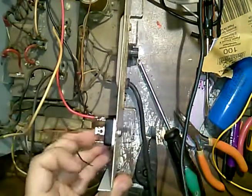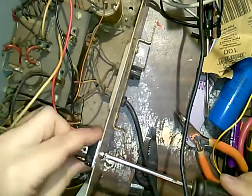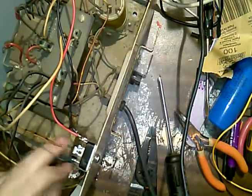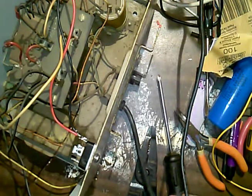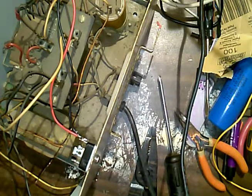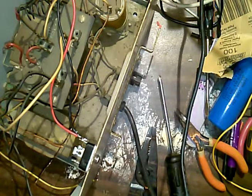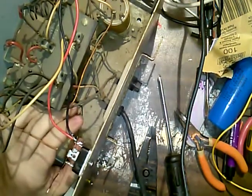Anyway, I don't know if it caught or not, but I found a screw for the bridge rectifier, which I'm putting in here. A nut screw with a nut, and I'm going to connect the AC side. Actually, I don't have anything to insulate that, do I? Hold on. I don't want that too close to this choke wire right here because...